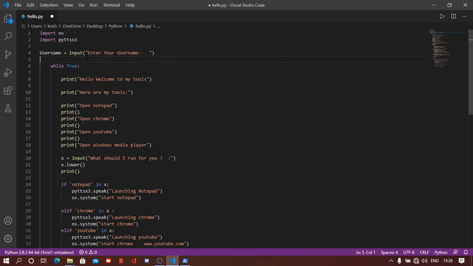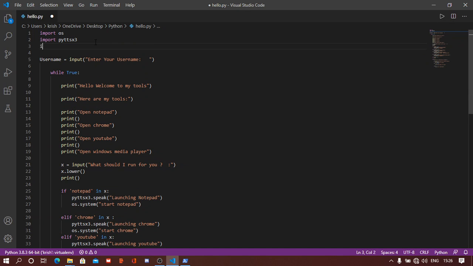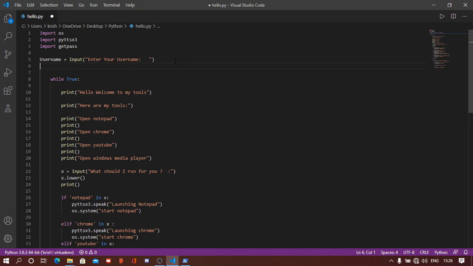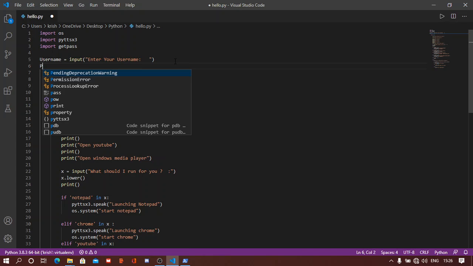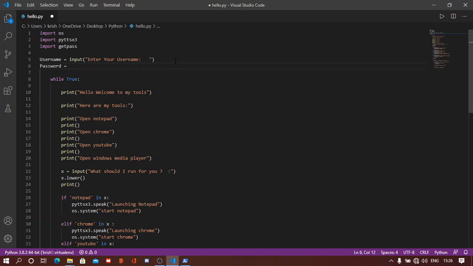and we'll import one module which is import getpass. So whenever the user is typing the password, no one can see it. Okay, it is a little bit different from input. The echo is off over here in getpass, so we'll write password and getpass dot getpass, and we'll write over here enter your password and we'll add some space